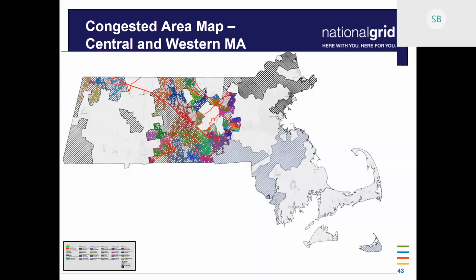Instead of just saying we're looking at this one sub, it doesn't work, let's just rebuild a new one right next to it, we looked at what's actually happening with the other substations around it, what all the DG is in the total area, and where it makes the most sense to put a new substation to get the most bang for our buck. If we did the old way of looking at just one sub, we might have built two subs instead, but now we build one that accommodates more. So it's an area analysis that ended up happening from the distribution side.